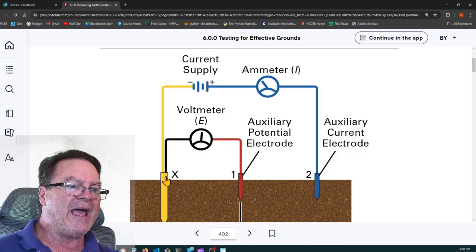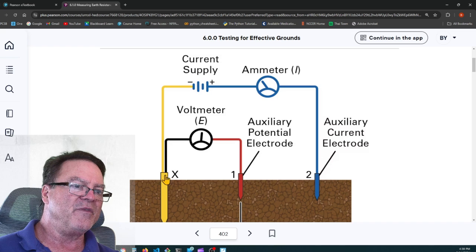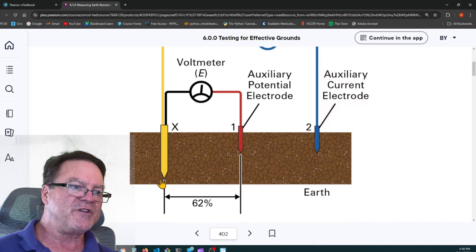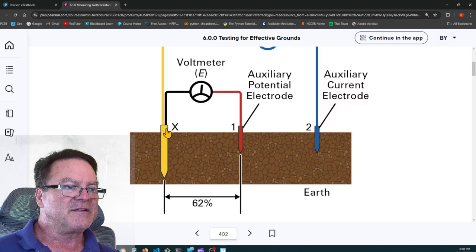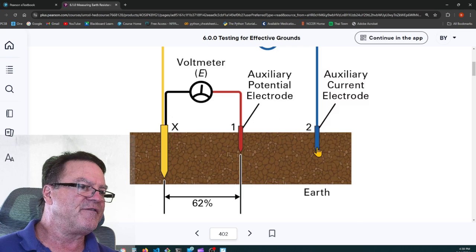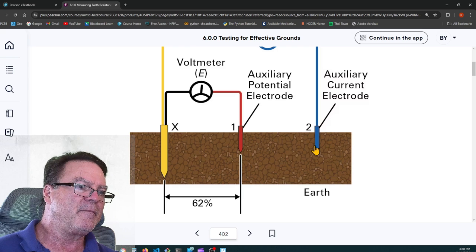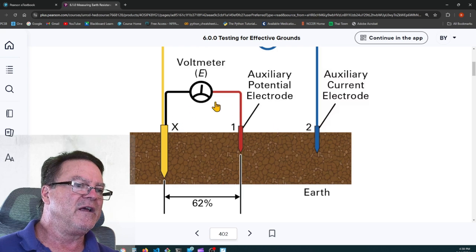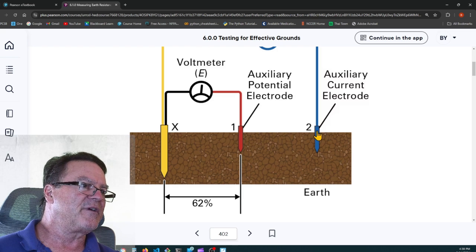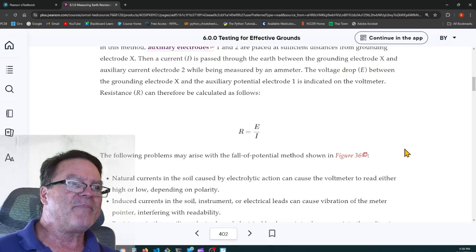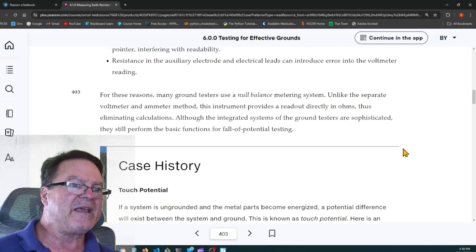And you put them X amount of feet away from this ground rod, this grounding electrode that you want to test. Let's say you put this number 2 at 100 feet, you'd put this number 1 at 62 feet. You put it at 62% of the distance to the second one. And then you would start reading your potentials. You can move this one on the inside. You can move it along and get it closer to this auxiliary current electrode and further away from the grounding electrode. And it's going to create a